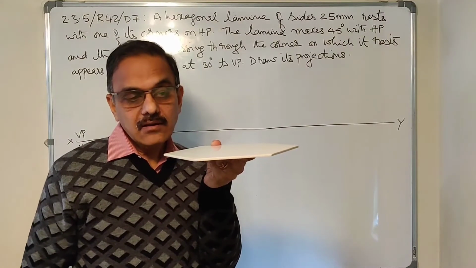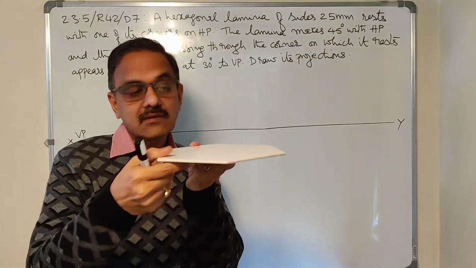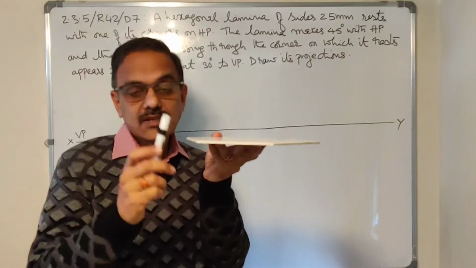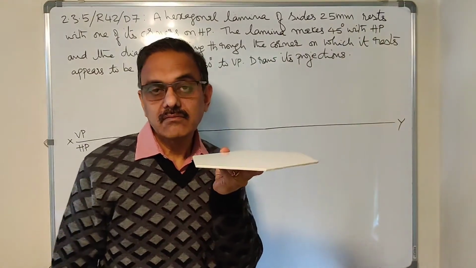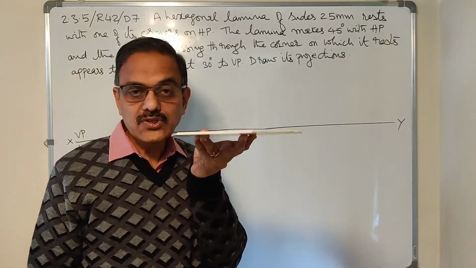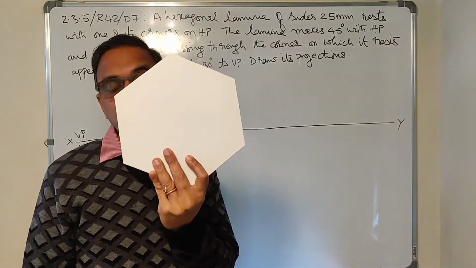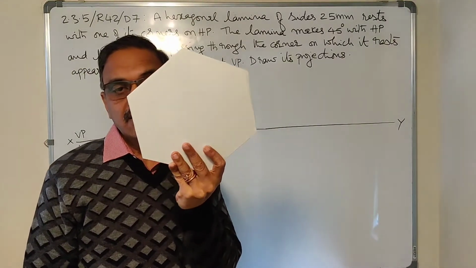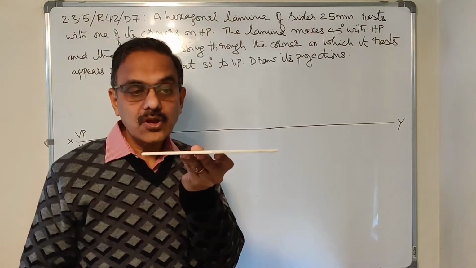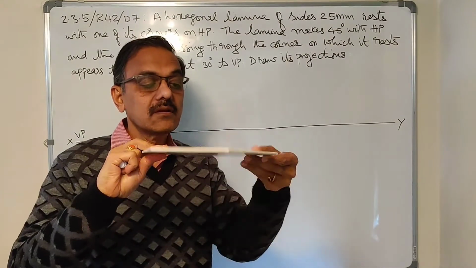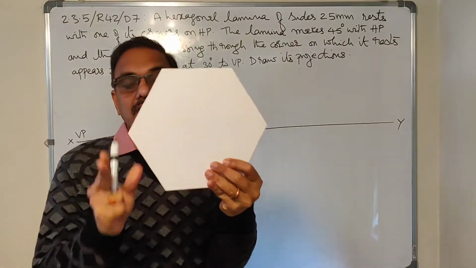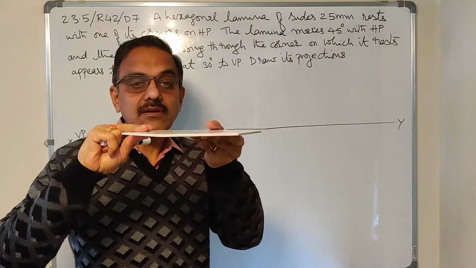Instead of doing that, if you draw the hexagon with the edges, an edge on the right and edge on the left, the problem is gone. This is simple position 1. If you take this position with two edges on the right and left, that is simple position 1. Now you have to take corners. This one, this corner and this corner. That is how you should place it on HP.